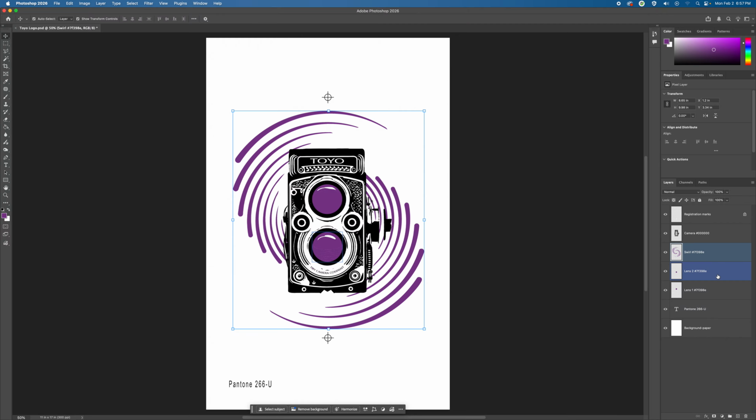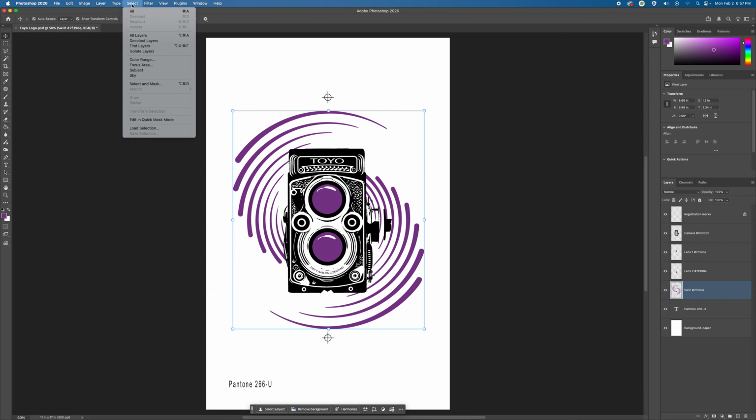So what we want to do now is create 2 different printing plates, and with the purple knockout. So I'm going to come down here to our swirl, select that, and there's many ways to do this in Photoshop. This is how I find it to be the easiest, is come up here to select, and I'm going to come to color range,